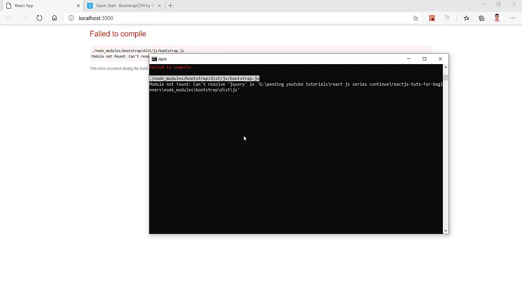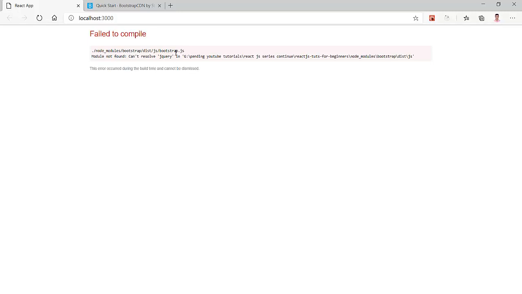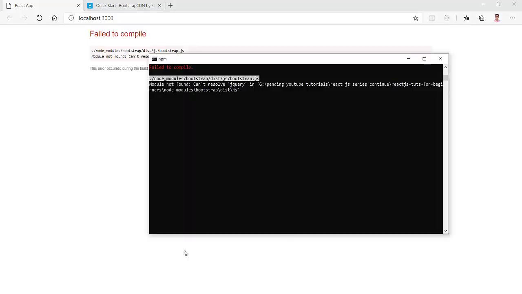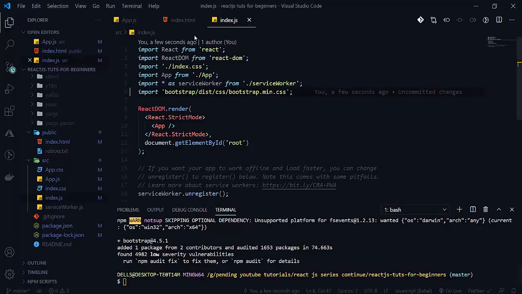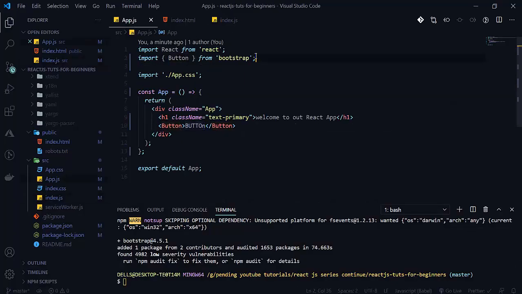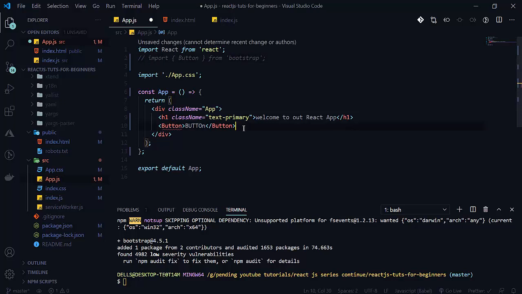So where are we getting our error? I don't know why the error is coming here, there should not be any error. So if I remove this button here, let's see whether the error is coming or not.